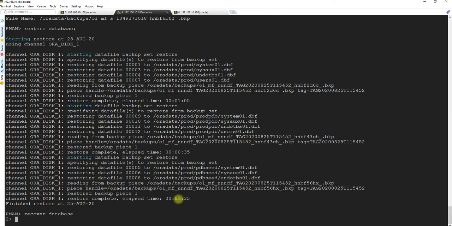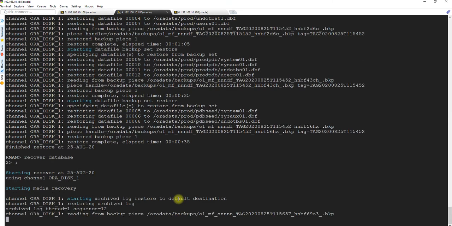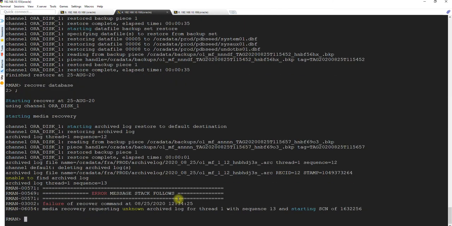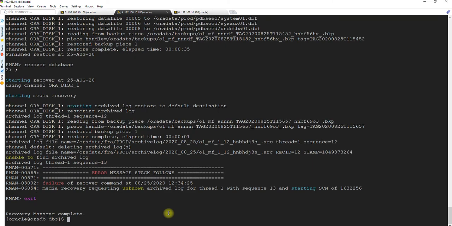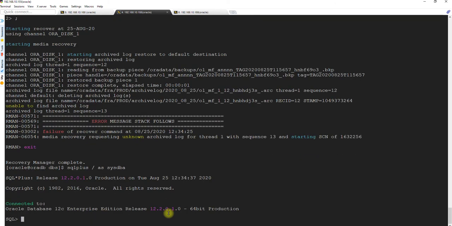So let's say recover database. Nothing will happen because we don't have archive logs, so don't worry about this. It did not find the archive logs. Okay, that's done. Let's exit out of this and connect to SQL Plus.